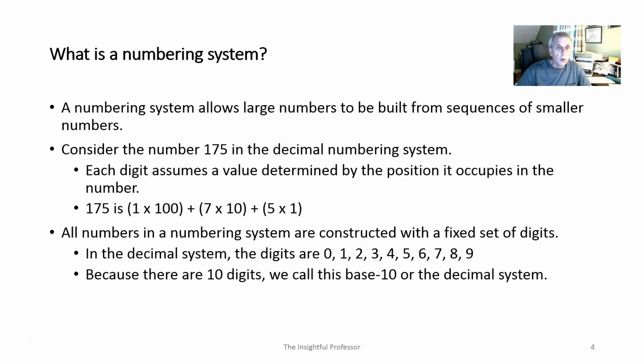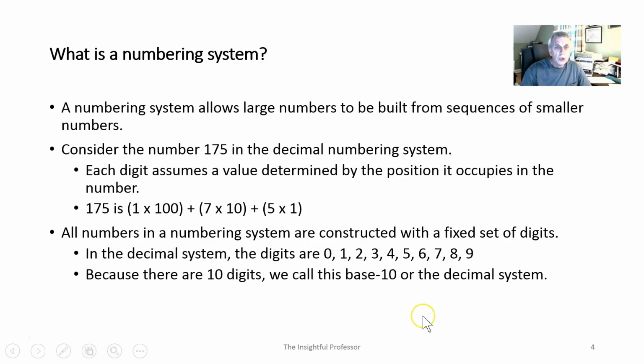So consider the number 175 in the decimal numbering system. Each digit assumes a value that's determined by the position that digit occupies within a number. So for example, 175 is 1 times 100 plus 7 times 10 plus 5 times 1. The 100, the 10, and the 1 are based upon the positions that the digits 1, 7, and 5 occupy,